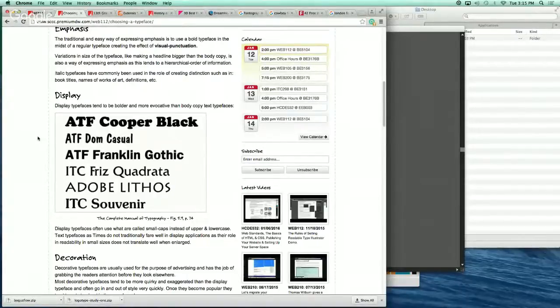Cartoons. Specifically, which cartoon? Garfield. Really? Yes. Wow. Oh, cool. Okay. Again, some typefaces get put into a genre just because they are used in a genre,